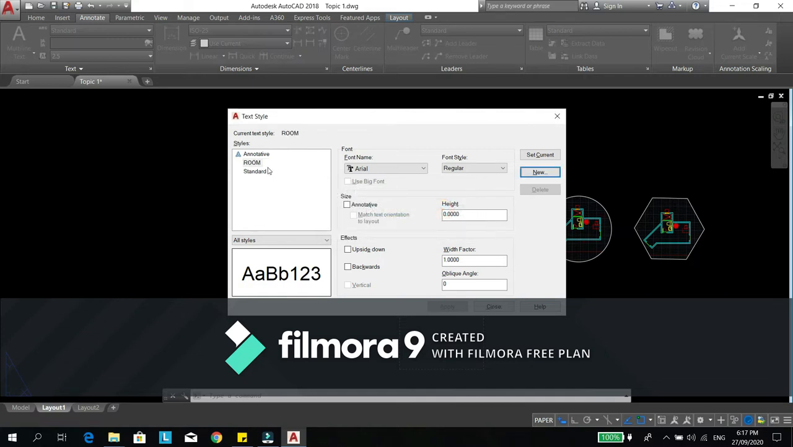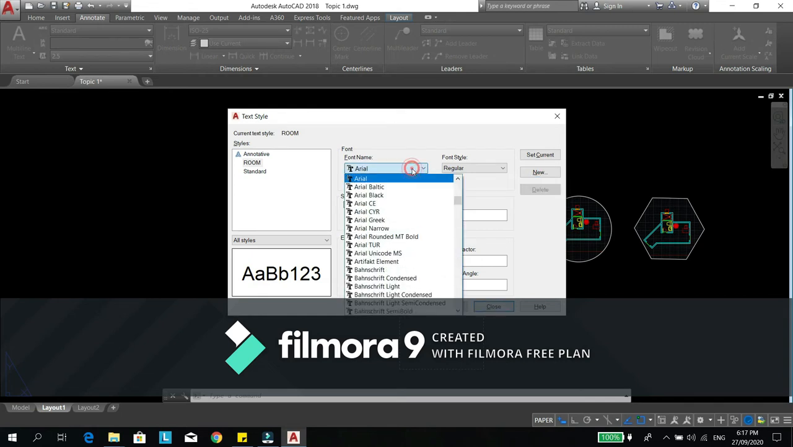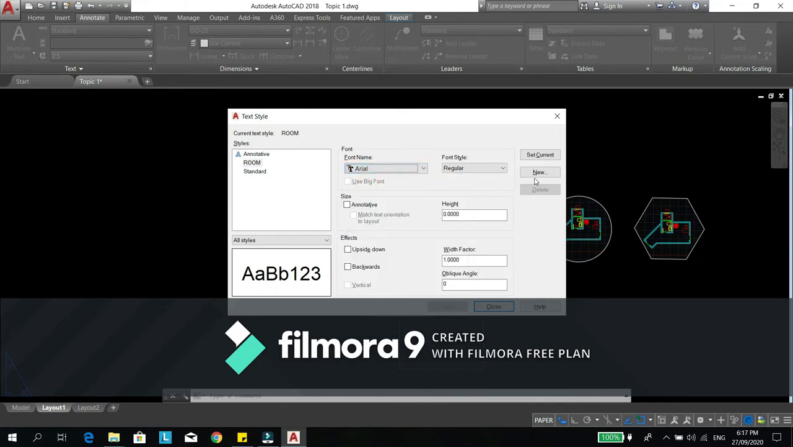So for this room, we will now change the font name. There are other font names here, but I will stick to Arial. Then the font style, if you want it bold, italic, or regular. I'll keep it regular. In annotative, if you check this, it means that